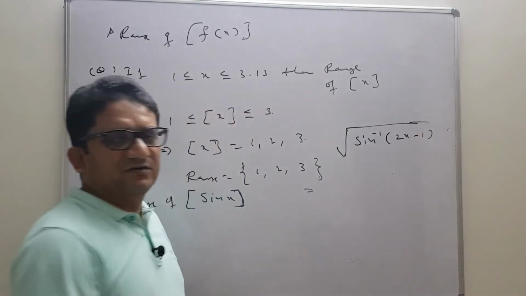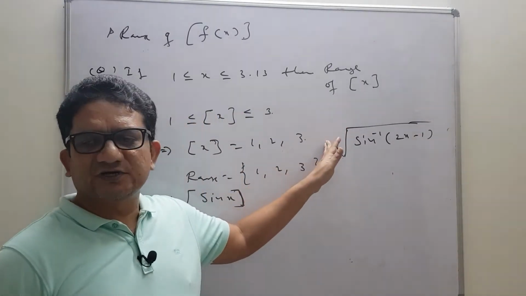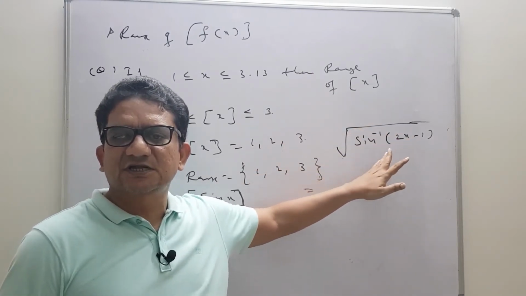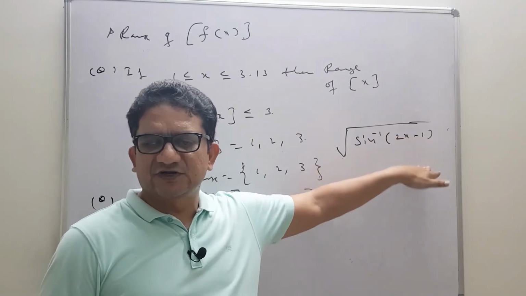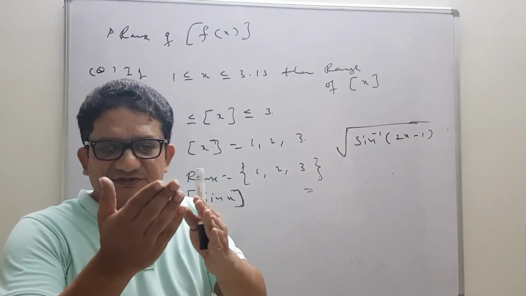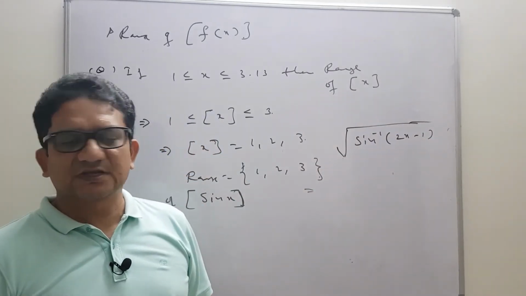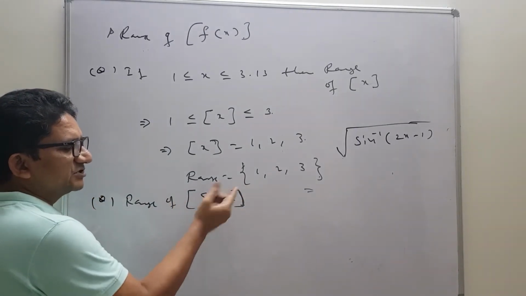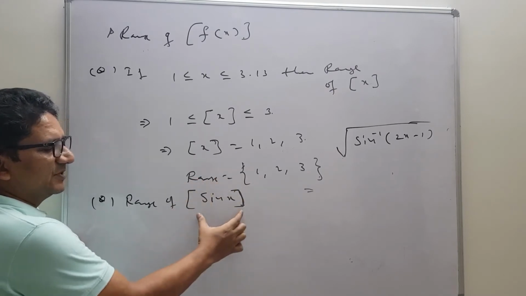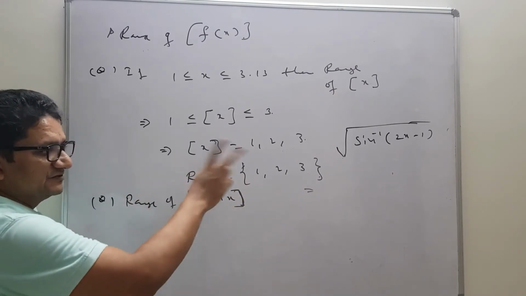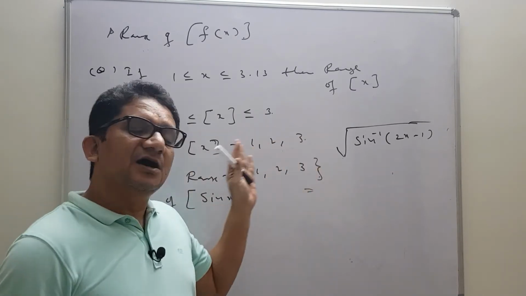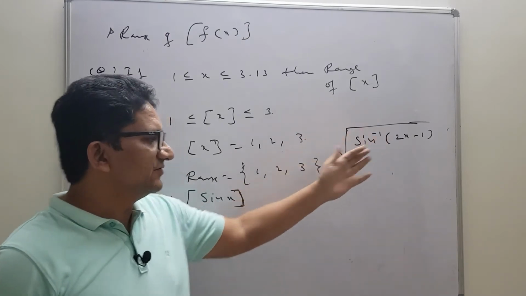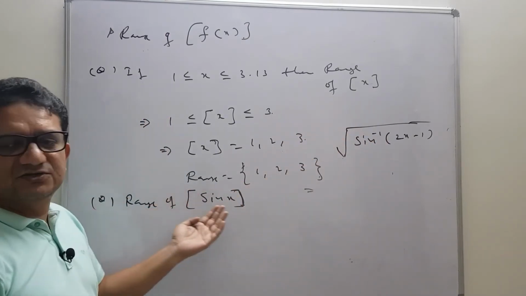So if you want the domain of the function, first we will think about the square root function. After fulfilling the requirements of square root, then we will go to the sine inverse function, then we will go to the inside function. But while finding the range, we need to come from inside to outside. Okay. So here step of sin x is there, means first of all sin x gives some output and we need to analyze that output by using this bracket. That's why we need to understand the difference: while finding the domain we go outside to inside, while finding the range we will go from inside to outside.